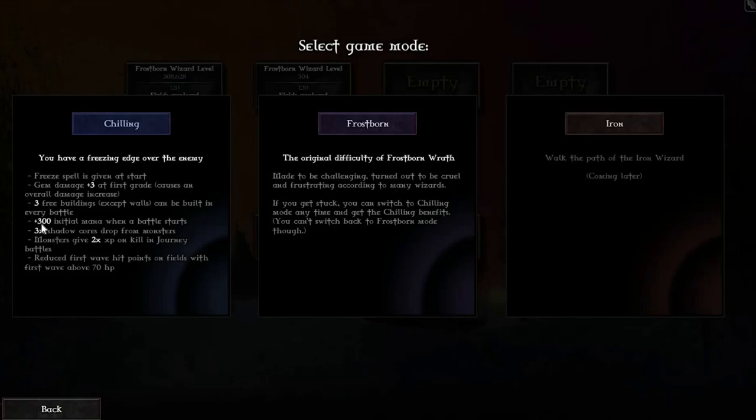Plus 300 initial mana when a battle starts. That's huge. Basically, if you're playing either setting, especially Frostborn setting, one of the things you need to focus on and think about is getting talisman fragments lined up in rows in your talisman where the markings are the same for all of the fragments in that row, so that you can get a bonus that is just like this,